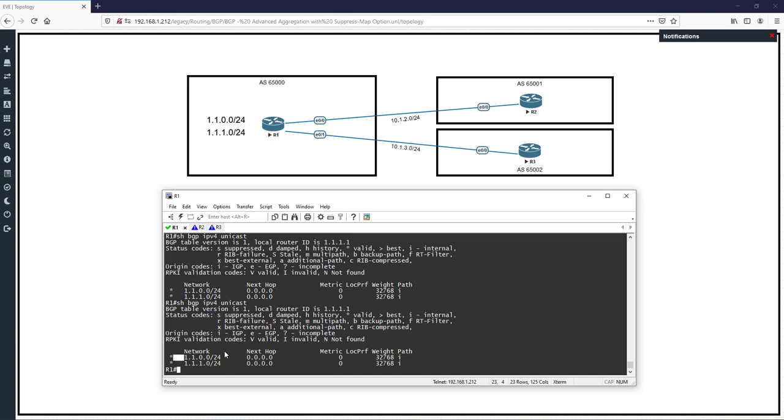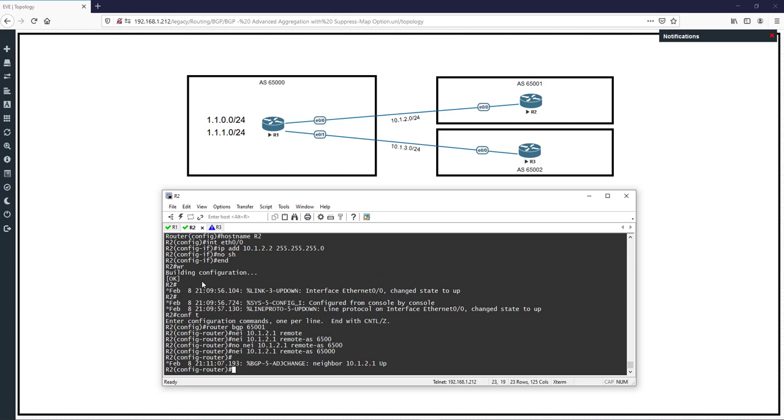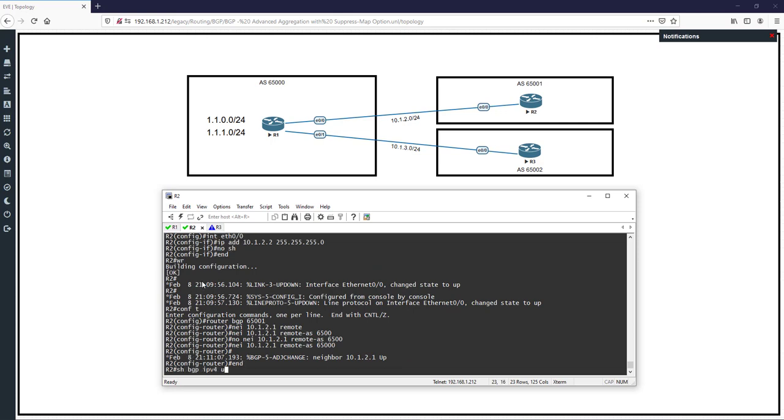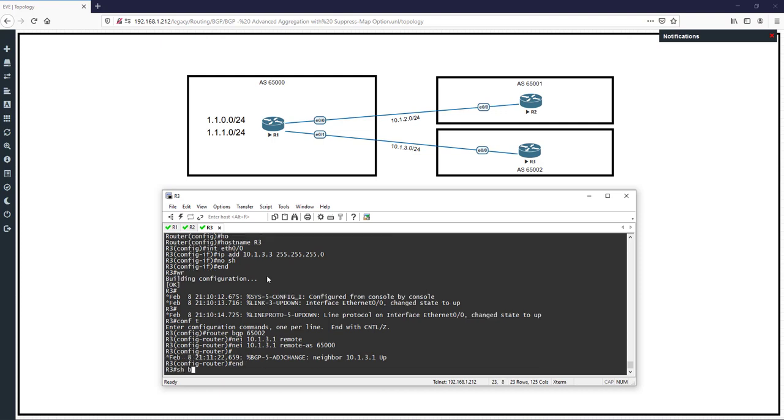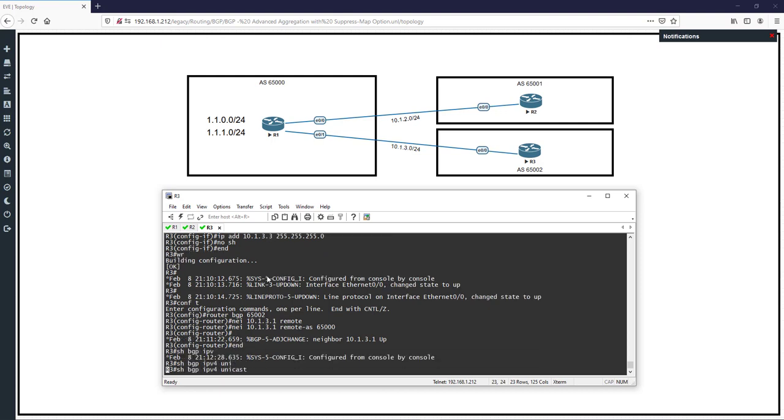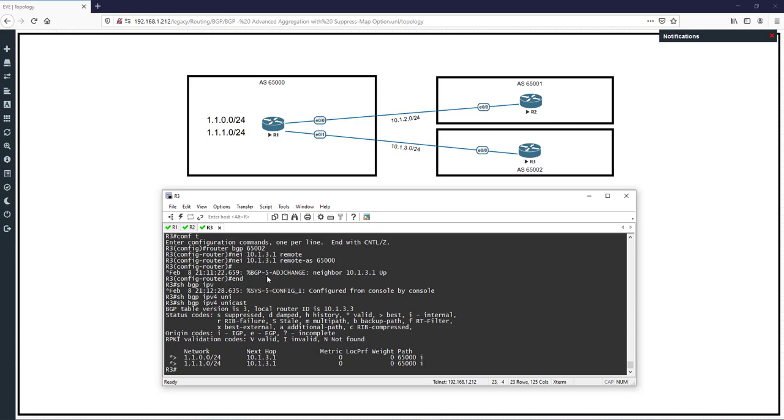First, the routes should be selected as best, and after that they can be sent. Look at here. Yes, now it's okay. In R2, show bgp ipv4 unicast. Okay, and in R3, show bgp ipv4 unicast. Very good. Now I want